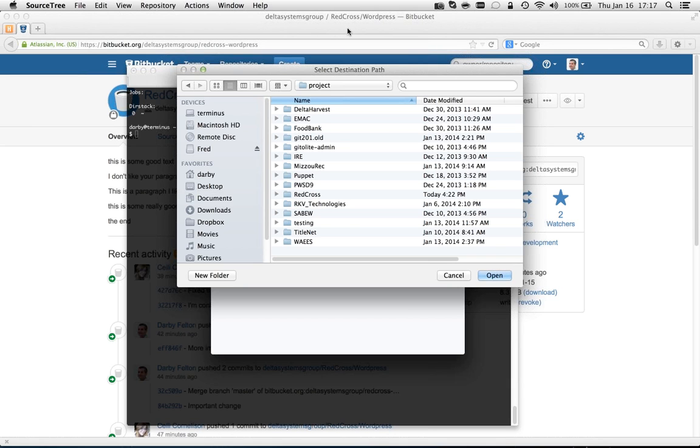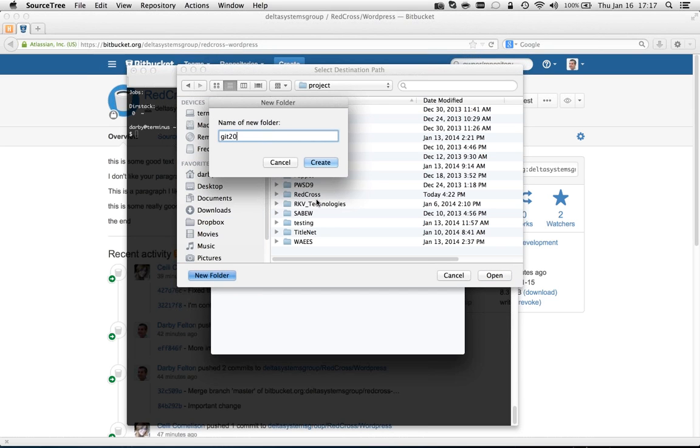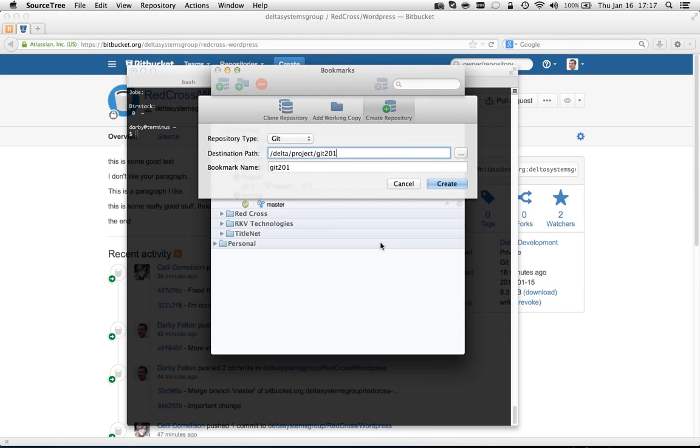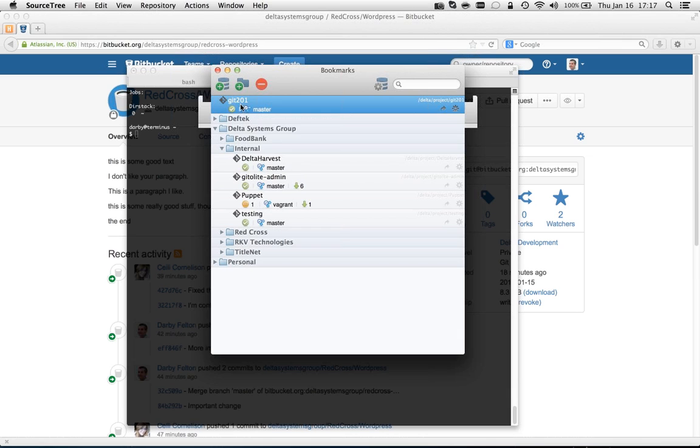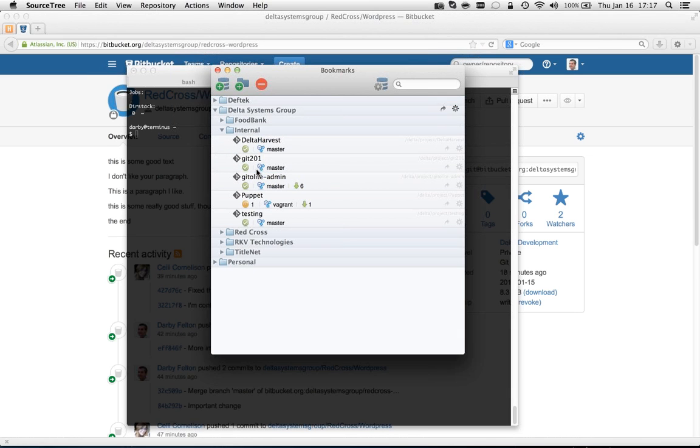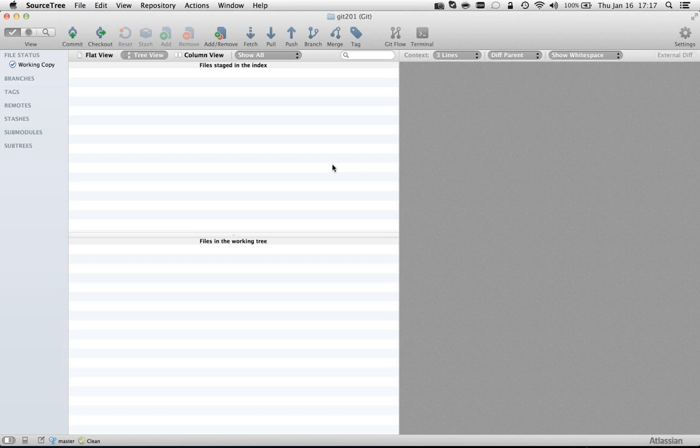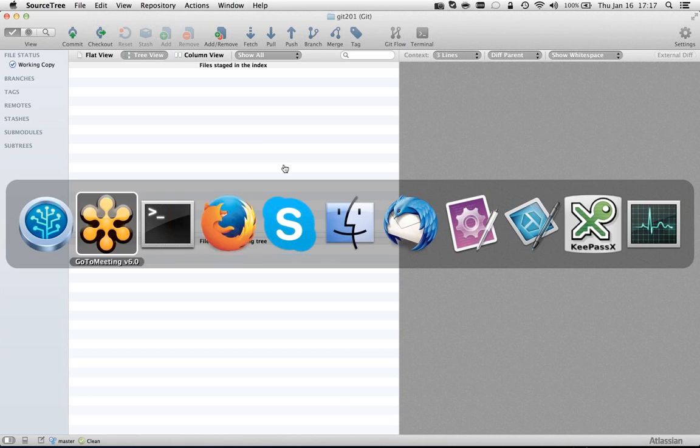Cool. Okay, so I'm gonna make a new folder and I called it Git 201, and I think I'll leave the defaults the way they are, and we'll put it here in the internal projects for Delta, and there's a little arrow icon I can click on to open that. I think double clicking does the same thing, yeah. Okay, so I've selected to show all files. There's nothing in this repository yet, but